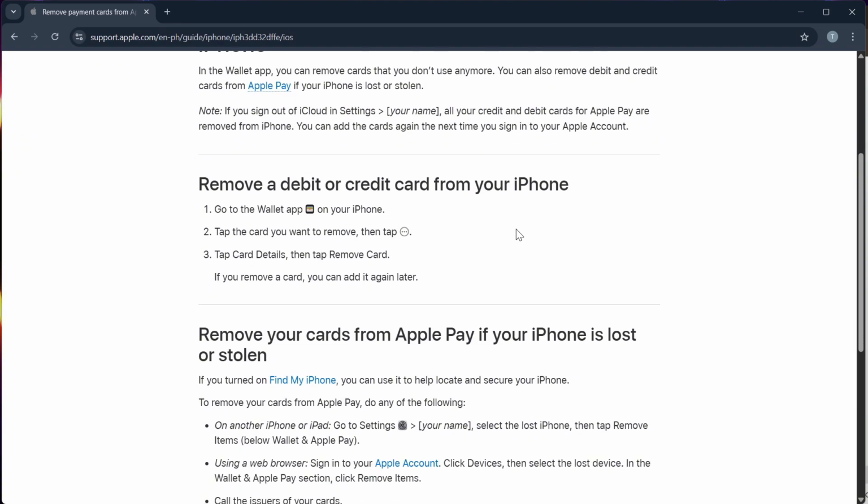Step 2, tap on the Apple Cash Card and then tap the three-dot icon on the top right corner to access the card settings. Step 3, scroll down to the bottom of the settings screen and tap on Remove Card. Step 4, confirm the action when prompted, and once it's removed, the Apple Cash Card will disappear from your